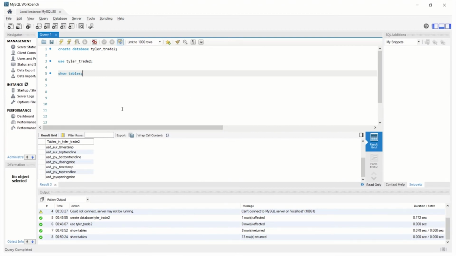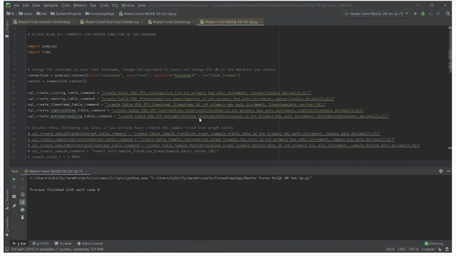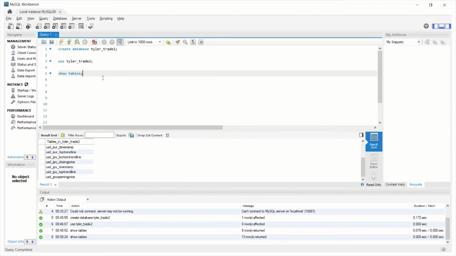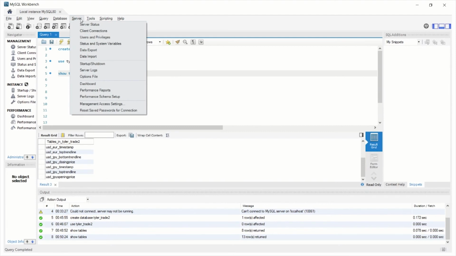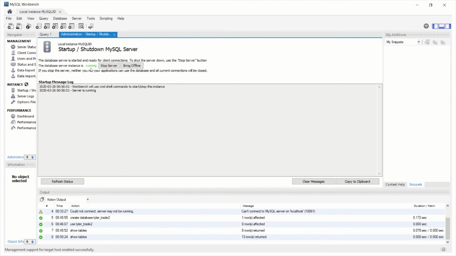Okay. Cool. Now, next thing you should know is for SQL. Sometimes, when you are trying to work on it, the server may not be running for whatever reason. To fix that problem, all you do is you go here on server, you click that. Click start up and shut down, and make sure this is on running. If it's not running, you hit start server. It says stop right now because it's running, but you hit start server, and then let it run this thing. Say yes to the prompt that'll pop up right here, and then keep on doing that until